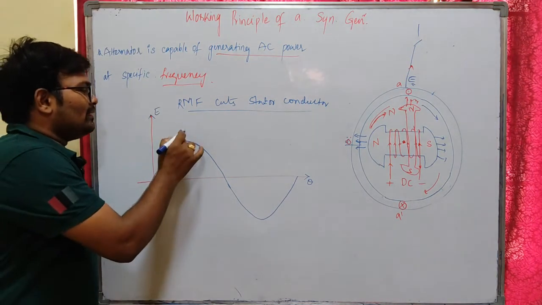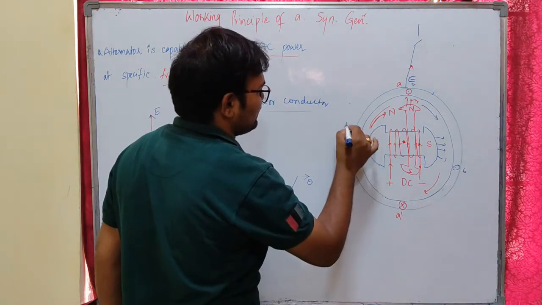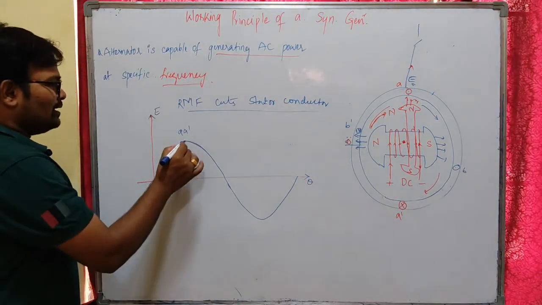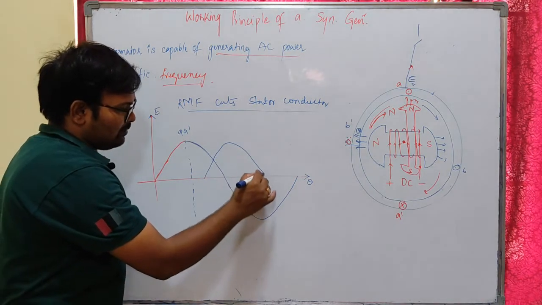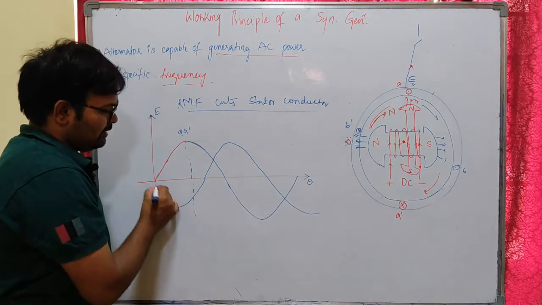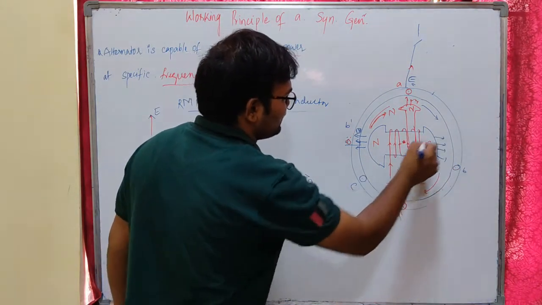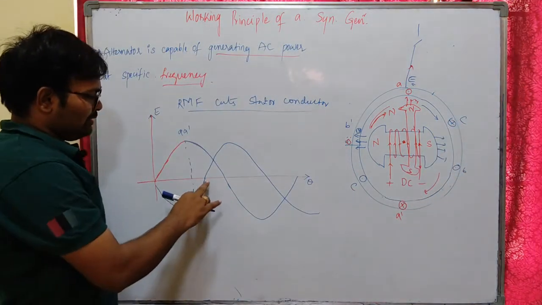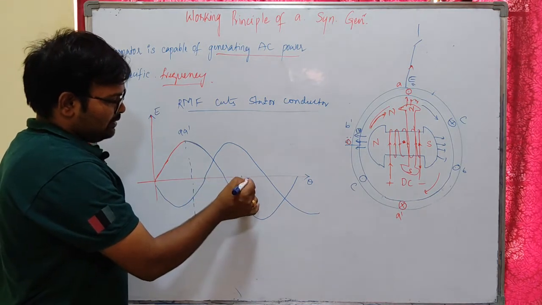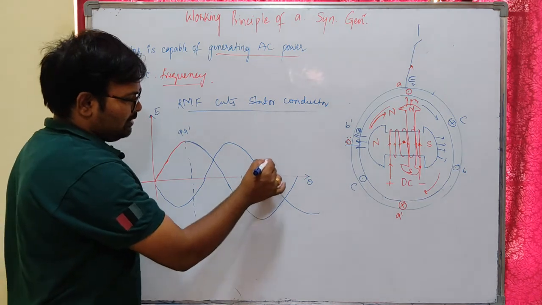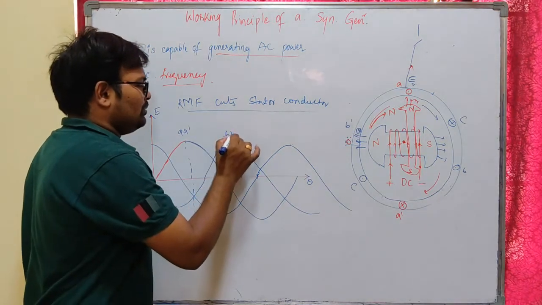Okay, if I connect another phase with 120 degrees displacement, B and B dash, after 120 degrees there will be another waveform that will be like this. Okay, that will be like this. This is continuous. As it is continuous, I can write it. If I add one more winding with another 120 degrees displacement, that is C dash, that will become like this. Okay, this is 120. So after 120, this will be 90, and this will be 120. Okay, like this. This is the waveform for C dash. This is B dash. This is C dash.